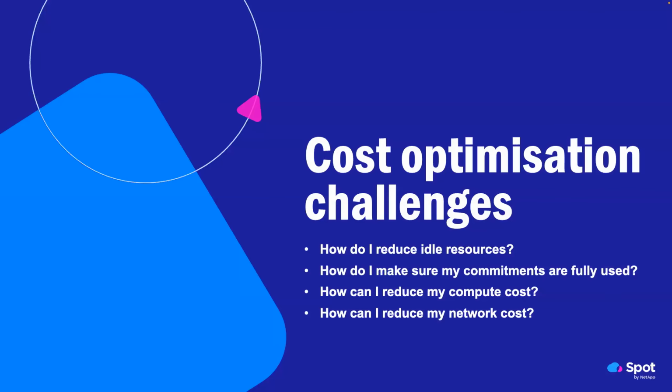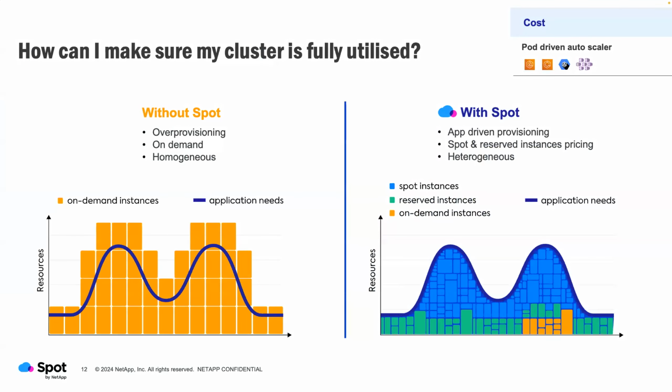So the first group is around cost optimization challenges. And this chart is one that always seems to make an appearance in whatever presentation I do. The one in yellow is kind of your environment without us being involved. And the yellow blocks there are highlighting the instances being deployed, the nodes being deployed. And then the blue line is the actual demand from your application. The thing to highlight here is you've always got more resources deployed than you've got demand from your application. So yes, we're meeting the requirements from our applications, but we're always over provisioned, we're always paying more than we actually need to.